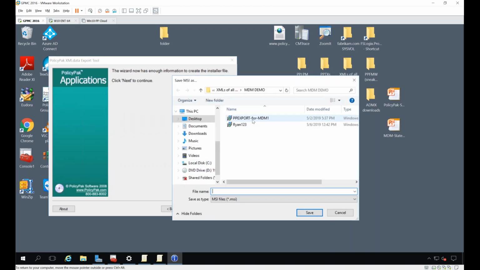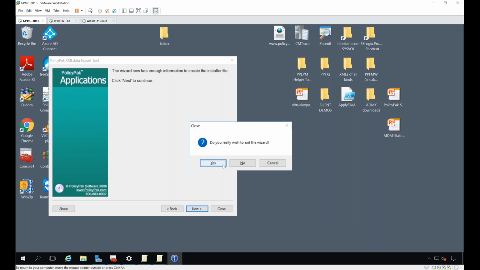So you just take it, you export for MDM, and you're using your MDM, whatever MDM you use, you're off to the races. You can use AirWatch, MobileIron, Zen Mobile, whatever you want, and you can get those settings out there. Any setting you want, all policies, all preferences, all PolicyPack, just like that.